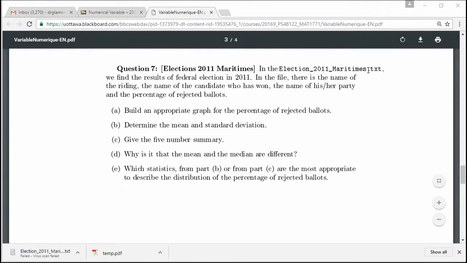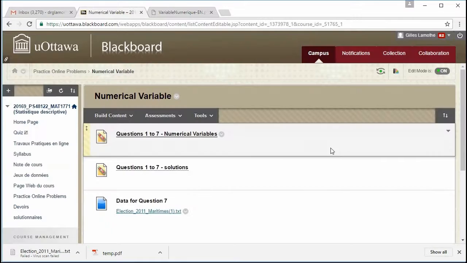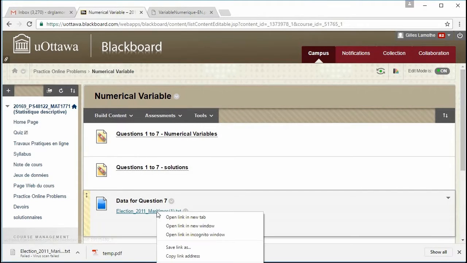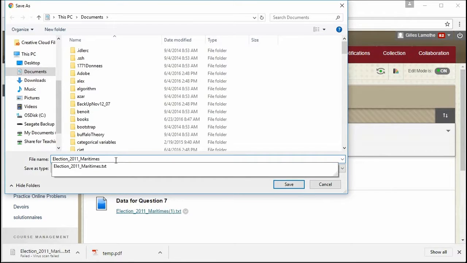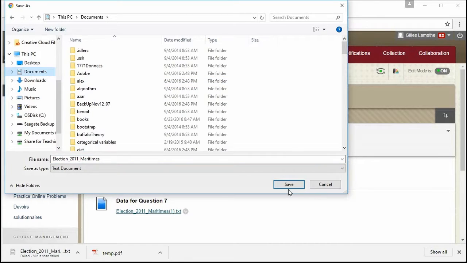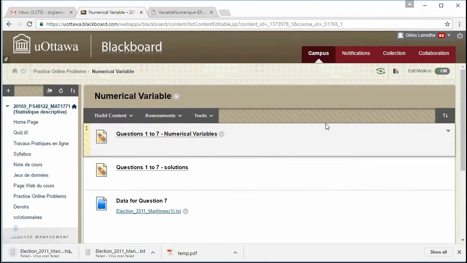I'll go inside of Blackboard to go get the file. So I'll click and save link as, and then I'll put the file called the elections 2011 Maritimes. It's a text file, into my documents folder. Okay, so I'll save that, and then if I go back to the question,